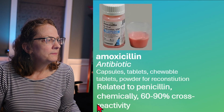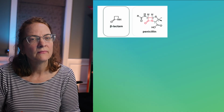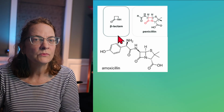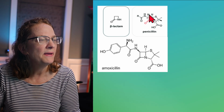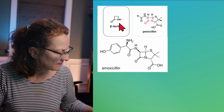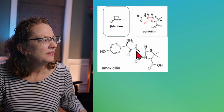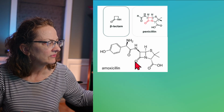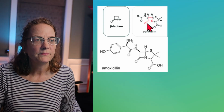Okay, so let's move on to what I wanted to talk about next, which was amoxicillin allergy. You don't need to memorize this, but what you do need to see here is the reason why we have what's called cross-reactivity. This here, this red part, is the beta-lactam ring, okay? And that is found here in amoxicillin. All right. So the beta-lactam ring is part of the culprit, and